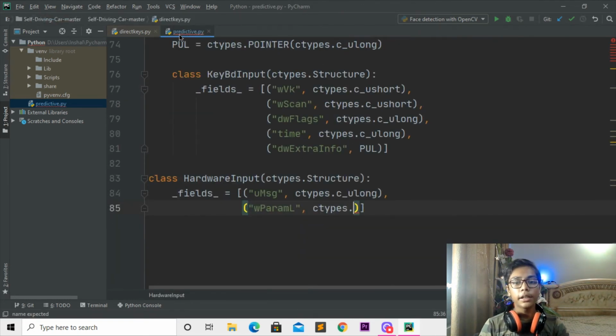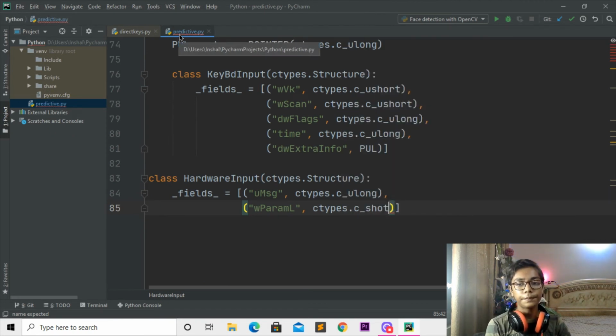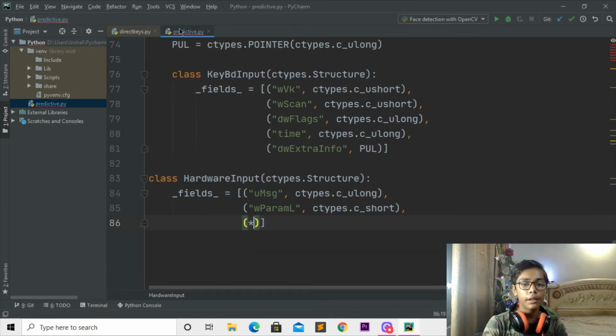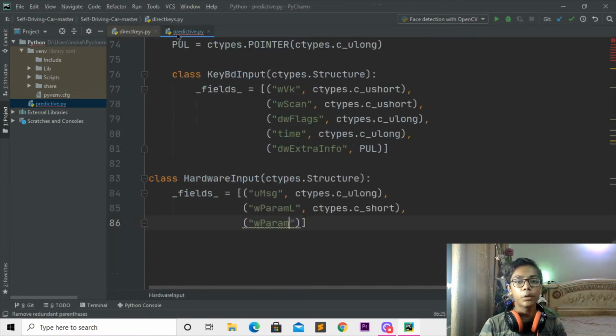So when you've done that, I'll be writing dot c_short. Then I'll write a comma and come underneath. Then I'll write the strings here, like parent, and then move here and write H. Then I'll write a comma, and if I move here, you can see you have to write ctypes.c_